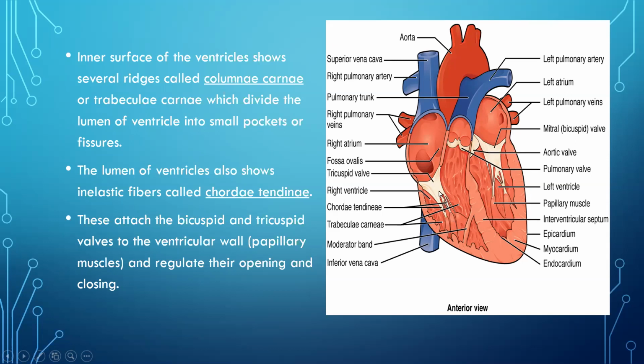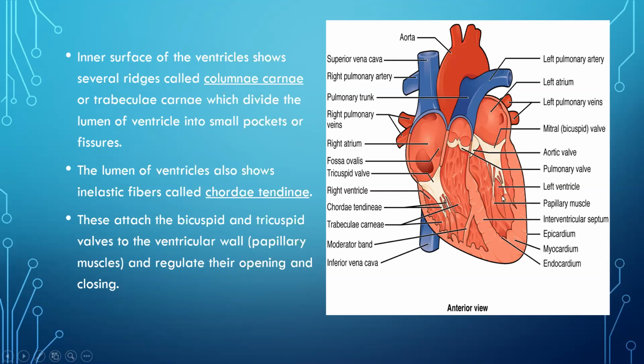So to avoid this opening, or to avoid the backflow of blood again into the auricles, the chordae tendineae pull tension. They become tense, and what happens? They hold the bicuspid and tricuspid valves in a closed condition. Is that understood? Yes, the chordae tendineae and trabeculae carneae remain attached to the tricuspid valve and bicuspid valve.